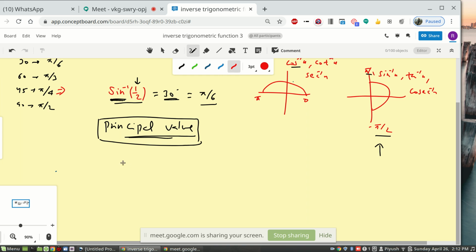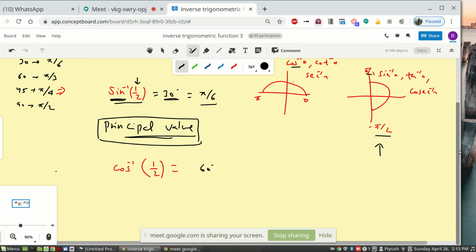Now let's say cos inverse of 1 by 2. So cos inverse 1 by 2, anybody? Yes, Advin is answering 60 degrees. What about the others? So the answer here is 60 degree. Again you have to ask the same question: at what angle is cos theta half? So the answer is 60 degree.